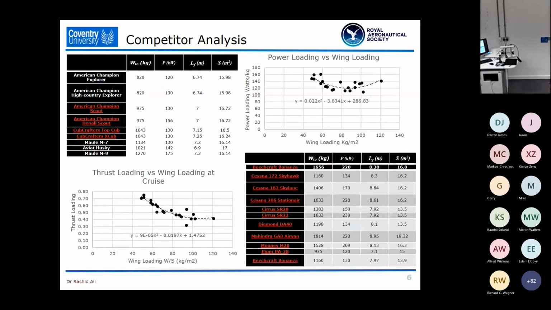One is what we call the wing loading, which is the weight per square meter in SI units, or you can use English units as well. And the second parameter is either the power loading or the thrust loading. Now what that allows us to do is, when we look at that, you can see, for example, in this